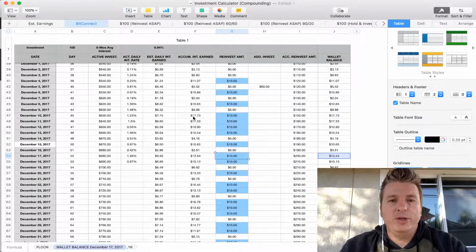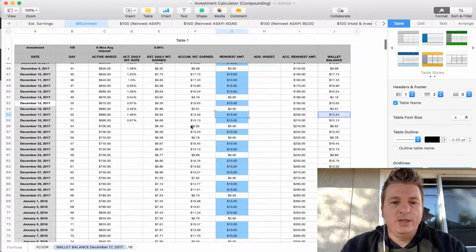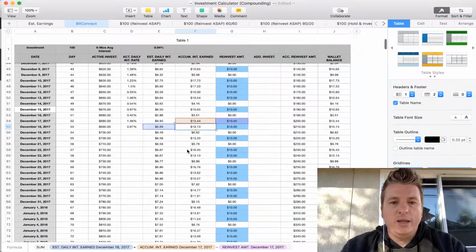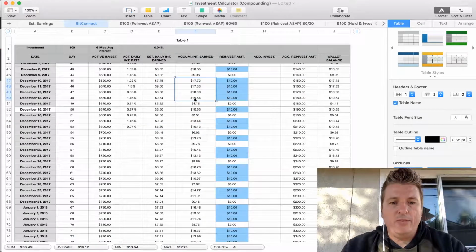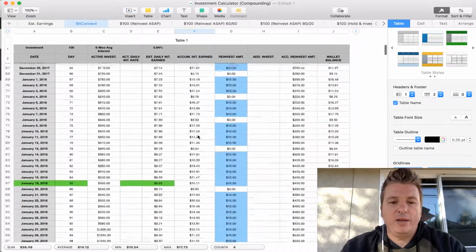If there's any referral income interest payments, then it's not going to be reflected in here because I'm not counting that at this point in time. This is just strictly off of my original investment, in case you're wondering why there's a discrepancy. So I should have one today, and I also should have one tomorrow. And there were a couple days in a row where I was able to reinvest $10 daily.